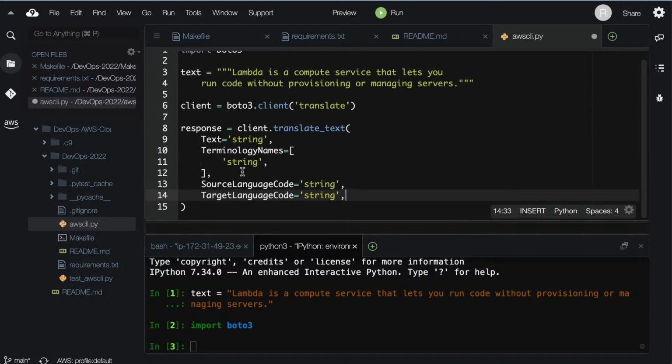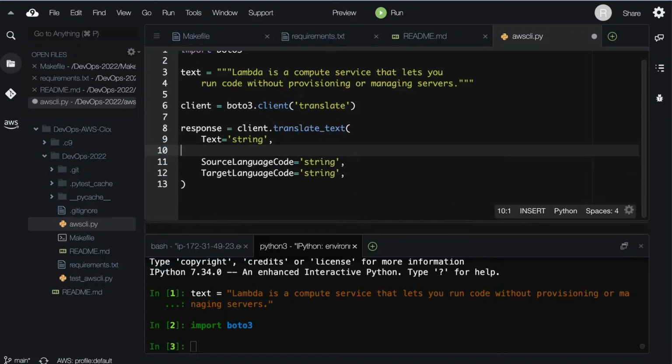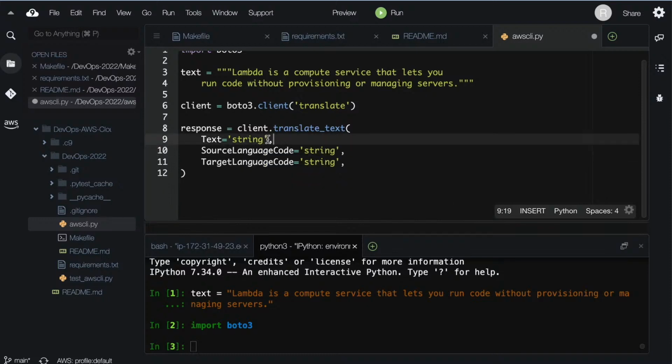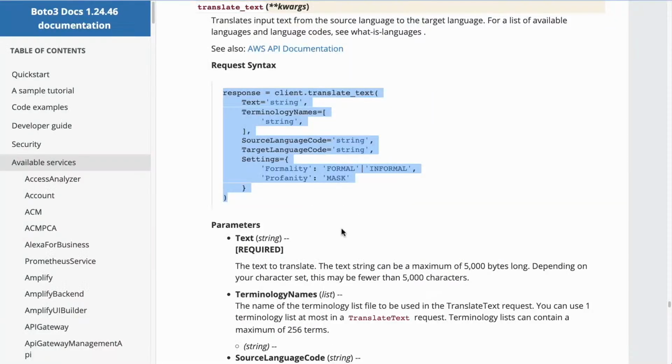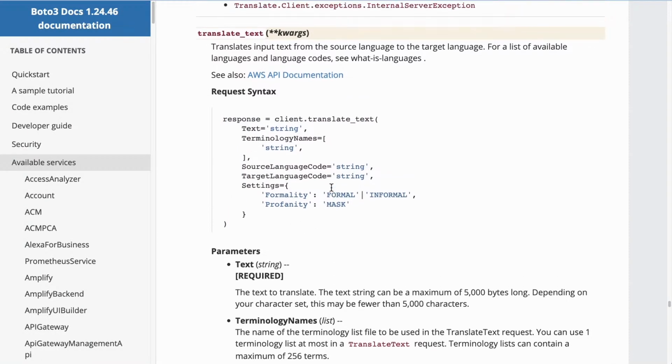There we go. And we can take this out. And we can put this text inside. Perfect. And for the source code, I think it's going to be Ian. I don't know. And let's actually read the documentation for whether they tell us